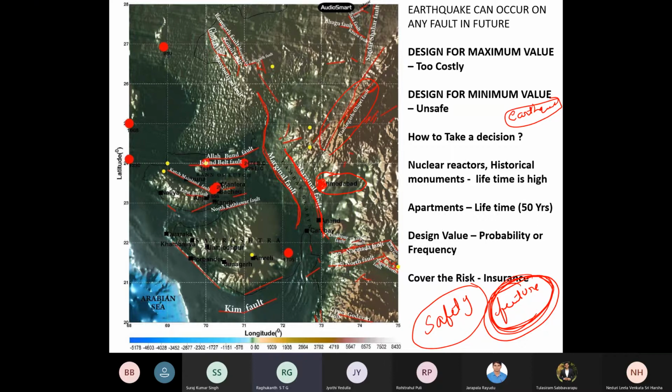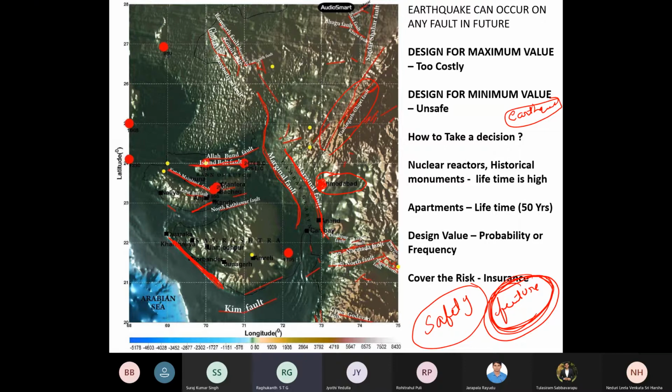to Ahmedabad, may rupture, or it can occur far away, at this place, or on the Kutch mainland fault. So an earthquake can occur here, or on the island belt fault, or near this coast, the Saurashtra coast. So a variety of combinations is possible, and there is also one more chance: no earthquake may occur in the next 50 years. That also is a possibility.